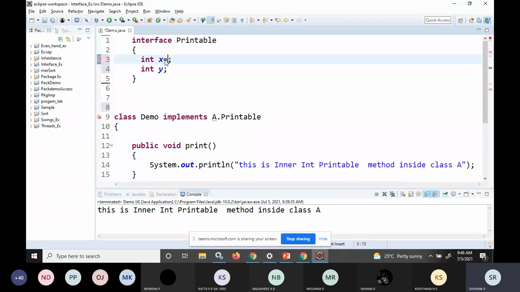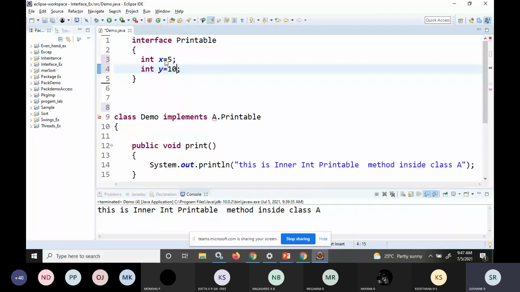If you're declaring the variables initially, that means somewhere in the program you're going to assign them some values. But whatever you are declaring within the interface will be constant. So it's like a read only thing, so you cannot modify that. That's why when you're declaring, at that time only you have to provide it with the values. Otherwise, you will get an error.